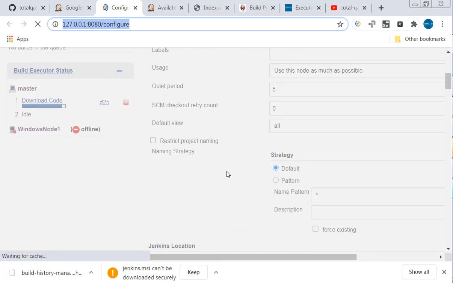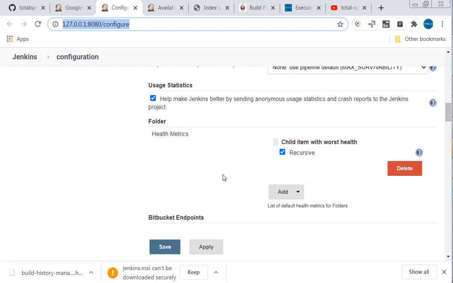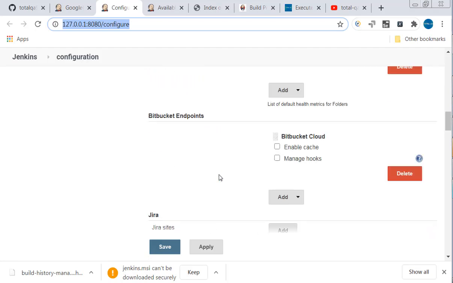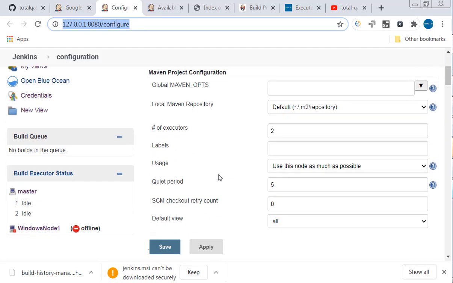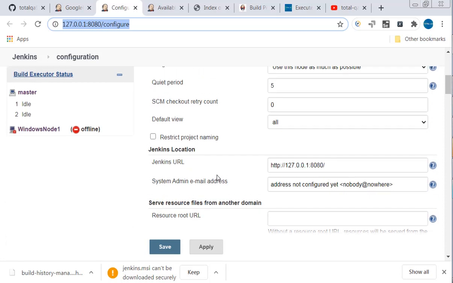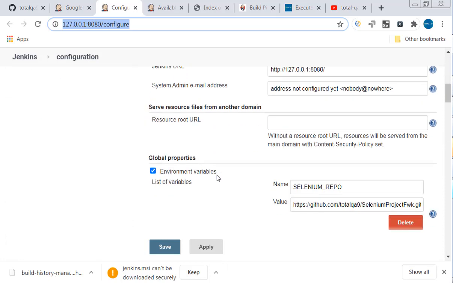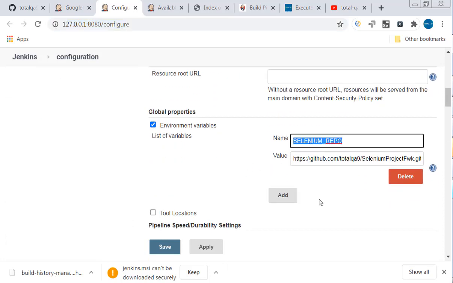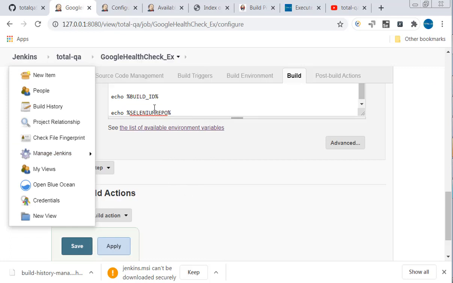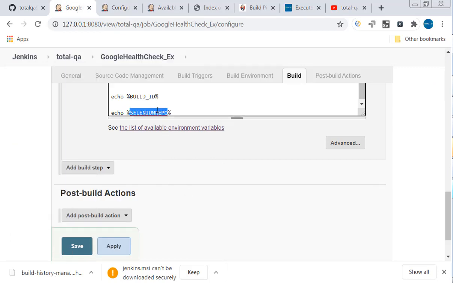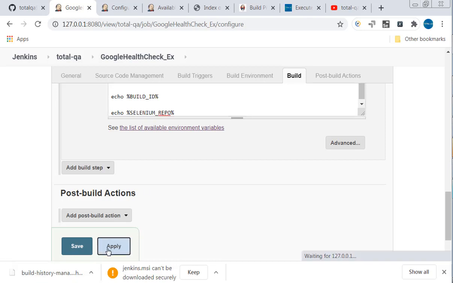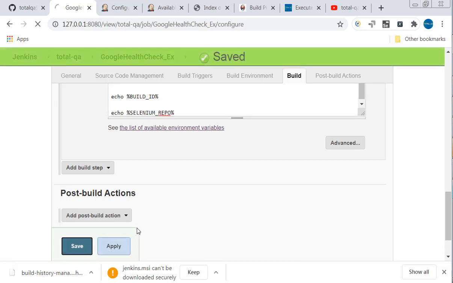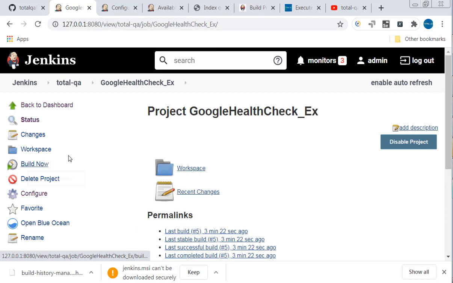Yeah, you can see the name somewhere we had given under. Yeah, you can see selenium underscore repo. Try to put the selenium underscore repo. That's it. You can access any environmental variable which we create within the job.